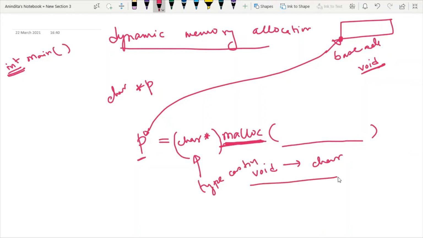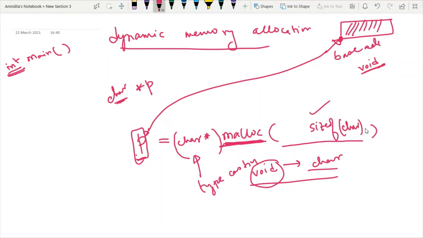Here I am just typecasting. Typecasting means I'm just changing the return type of the malloc function from void to character so that it matches with the data type of the pointer. And here I have to define what amount of memory I need. As an alternative, I have explained that if I write sizeof some data type, so here the data type is character, then sizeof is a function that returns the size of the character.